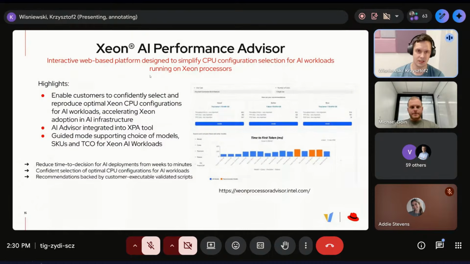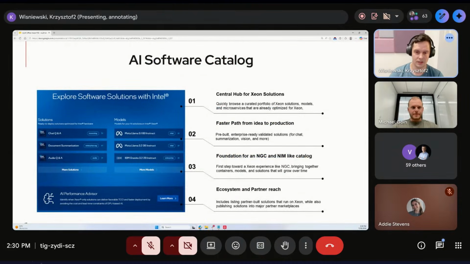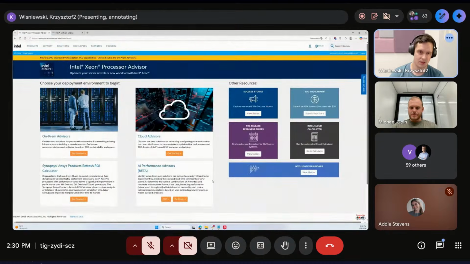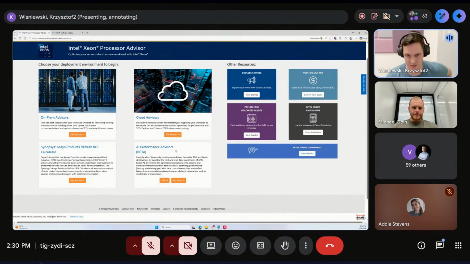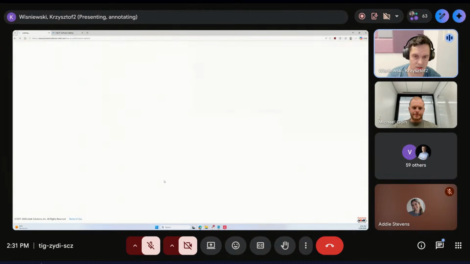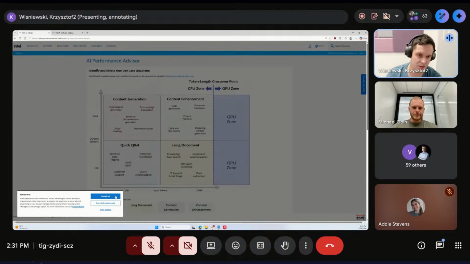So with that, let me show you the XPA itself. Here you have support for CSPs and on-prem deployments. Let's go to the CSPs because that is the easiest to reproduce.